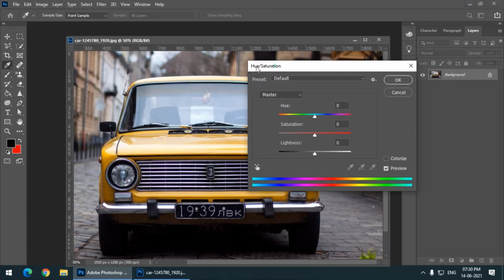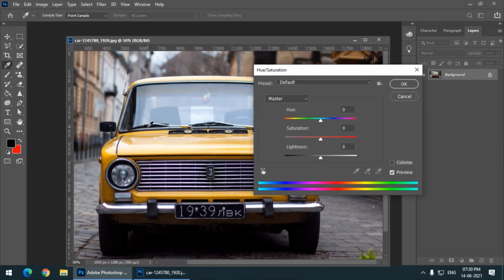Hue saturation basically means, hue means the particular tone of the color, like yellow, black, red, blue. These are the tones of the color, the exact colors, the names of the colors. If you want to say it in simple words, red is the name of a color, and saturation is the amount of color that we want.